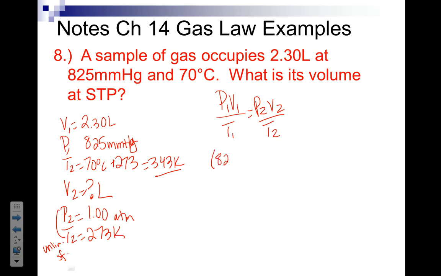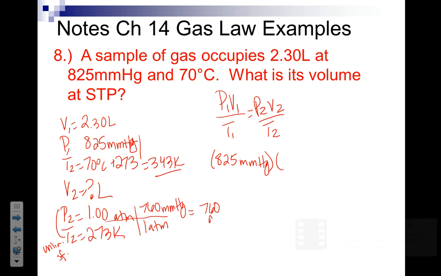So P1, 825 millimeters of mercury. Now, pay attention to your units, y'all. Do your pressure units match? This is in millimeters of mercury. This is in atmospheres. They do not match. So we need to convert so they both match. I'm going to choose to convert this one down here, atmospheres, to millimeters of mercury. So remember, 1 atmosphere equals 760 millimeters of mercury. So you got to show your work for all your conversions, and this is going to give me 760 millimeters of mercury. So you're going to plug